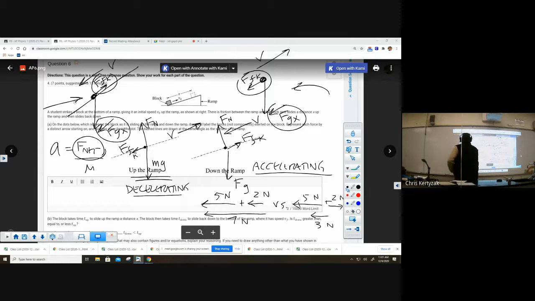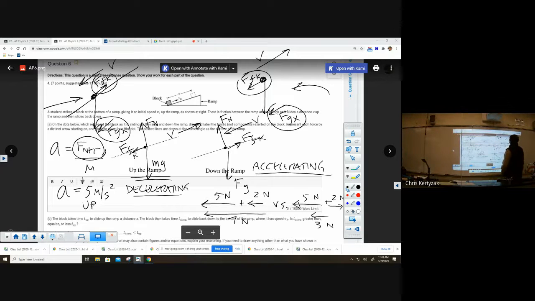So I'm just going to make up a number just to conceptualize that. Maybe we calculated on this going down the ramp scenario that the acceleration is 5 meters per second squared. So it's going to gain 5 meters per second each second, let's just say. But then when we did it over here, which we're not going to bother doing, we're just solving this conceptually. Maybe when we do it over here, which is going up the ramp,